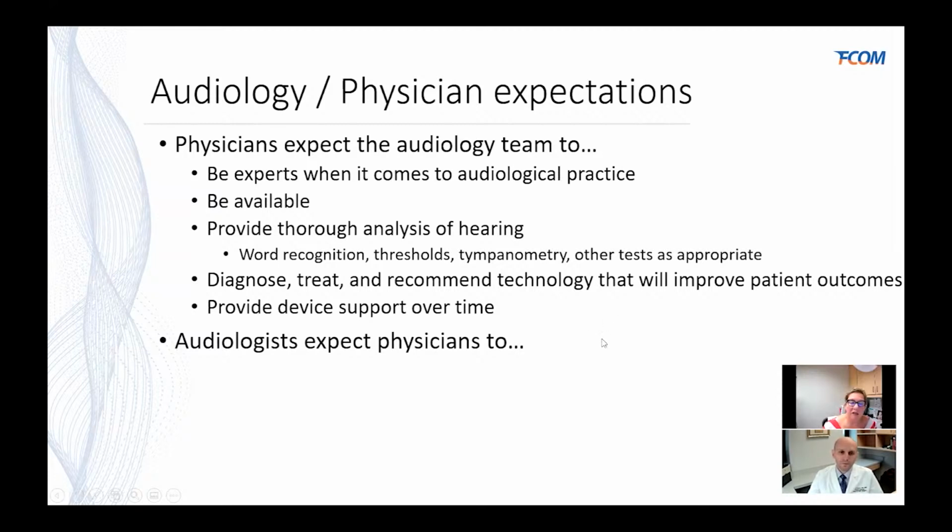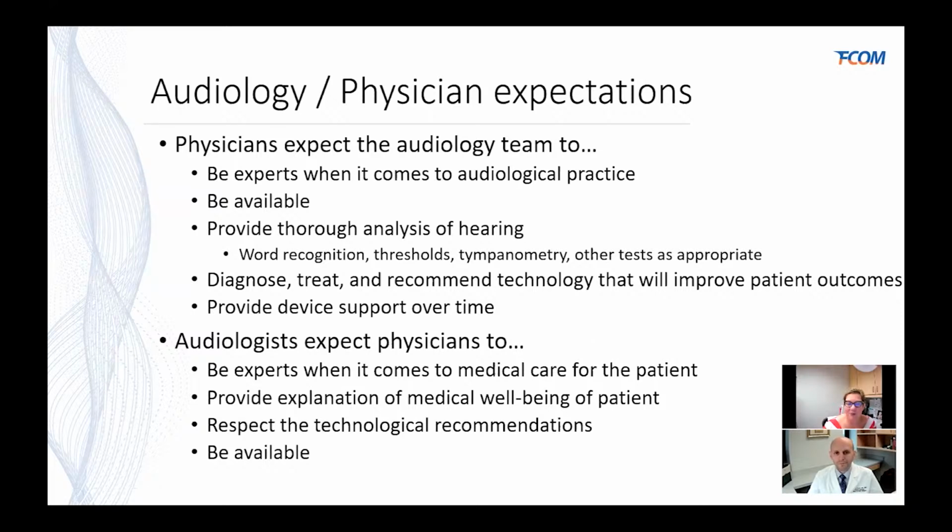And likewise, with an audiologist, there are certainly some expectations for the physician, and no surprise, we want the physician to be the expert when it comes to the medical care for the patient. We want to be able to provide them with the analysis, the word recognition scores, the thresholds, and all of those other tests that Dr. Gantz spoke about. And we expect that they're going to be able to take that information and help us decide on the best technological recommendation for that patient, whether that would be a BAHA, bone anchored type hearing, or osseointegrated type device, a cochlear implant. Maybe that patient should just stick with a hearing aid because they haven't consistently been using hearing aids. And so we want to make sure that that patient is willing to try different types of technology to help